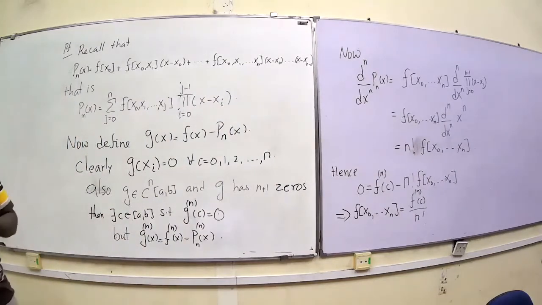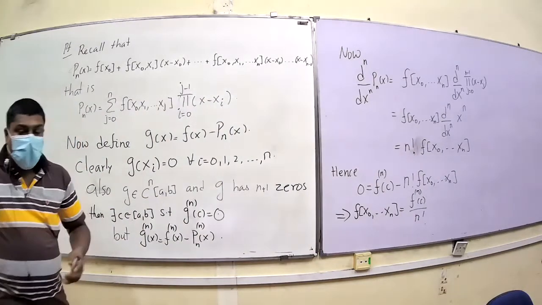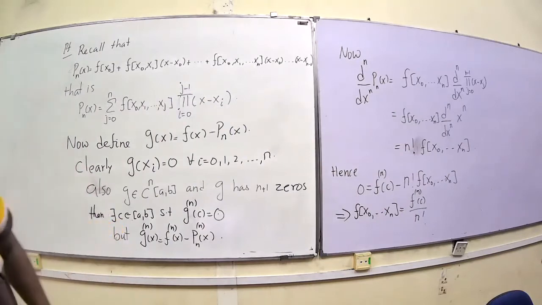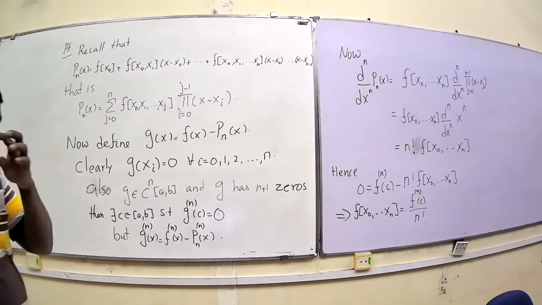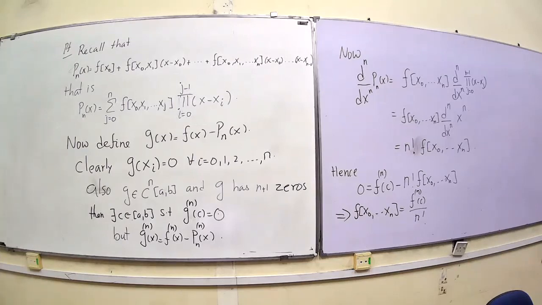So you have a formula for the Newton's divided difference value of the function there, right? So that is what you get as the error when you do the error analysis for Newton's interpolating formula. This is what you ended up with, right? So the coefficient can be interpreted by the nth derivative of the function at some point. So this is what we do.